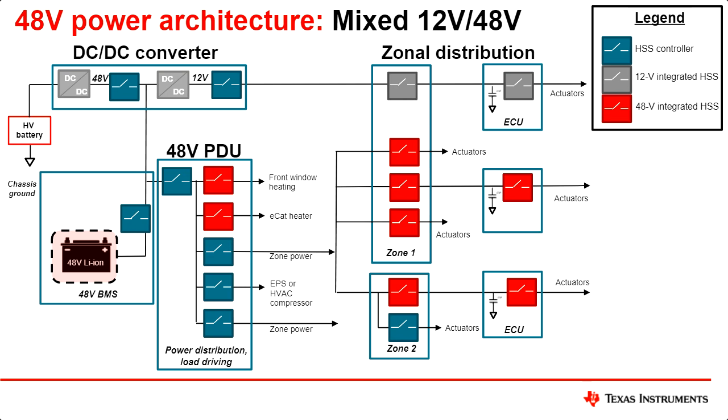We have seen a 48 volt lithium ion battery also for these kinds of applications. Then from this 48 volt rail, the 12 volt rail is also derived using a DC-DC. And then we have a common zone, or it could be a separate zone driving 12 and 48 volt loads as well. So the major point here is that the closer we are to the battery, the currents can be very high.